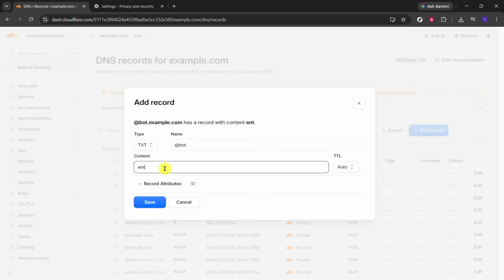Next, move to the content field and enter the sample content. This is the actual TXT value that will be stored in DNS. TXT records are often used for domain verification, email authentication, or service configuration, so accuracy matters here. Be careful to copy the text exactly, including any symbols, punctuation, or spacing, because even a small difference can cause